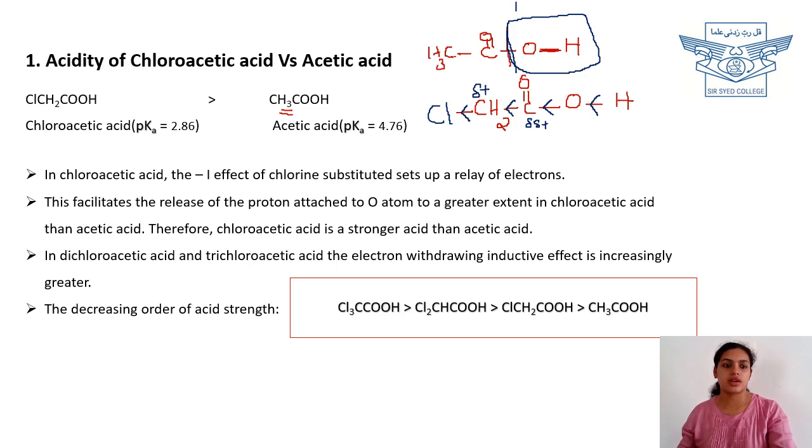Okay, to a greater extent than acetic acid. Therefore, chloroacetic acid is a stronger acid than acetic acid. Now, here is an example comparing trichloroacetic acid, dichloroacetic acid and chloroacetic acid. You know that